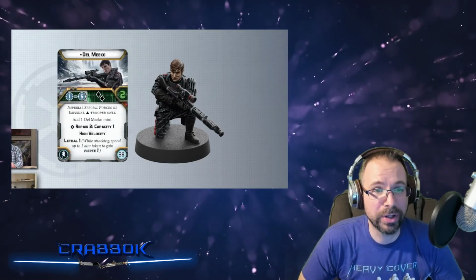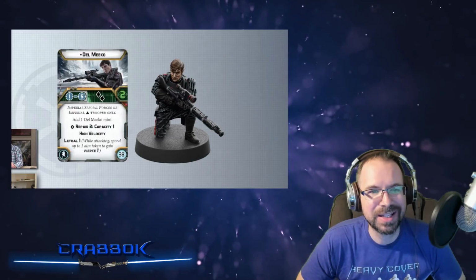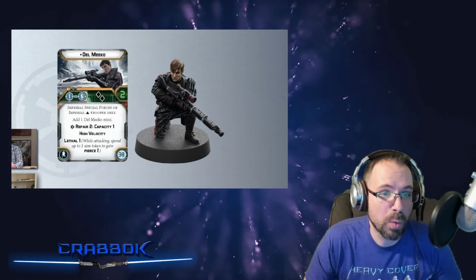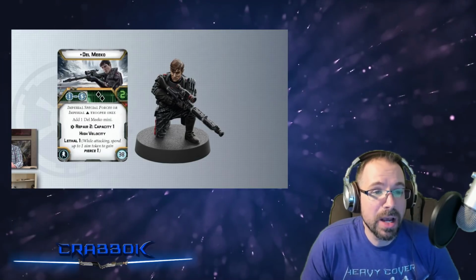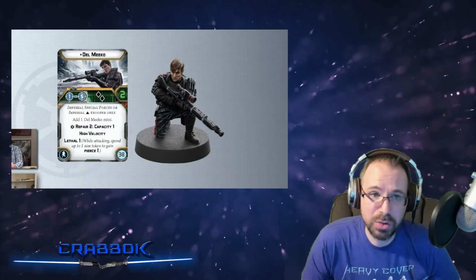But we did a really good look at Del Miko. I like what they're doing here because here's somebody that's kind of got the 5s and Echo kind of treatment, that he can go in multiple things. He's a heavy weapon. He's got 2 health. And he's got a range 1 to 5 sniper, 2 black dice. He can go in any Imperial core unit as their heavy, which is cool, which means like he could go